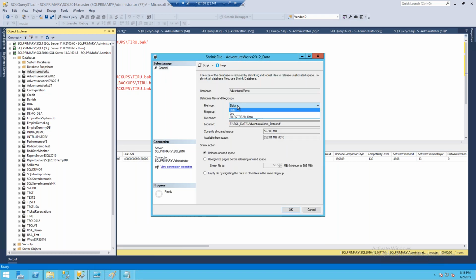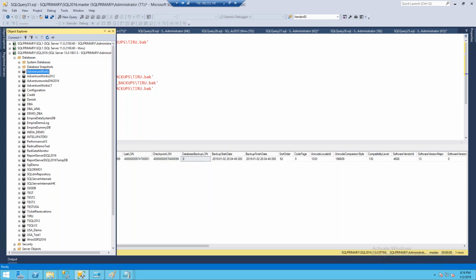If you select the data, it will allow you to shrink the data files. You can see this is the data file space. If instead of data you select the log, it will show you the log space also. So this is how you can shrink it. Now see, out of 256, 235 MB is free. I will first shrink it. And now if I re-verify it again,